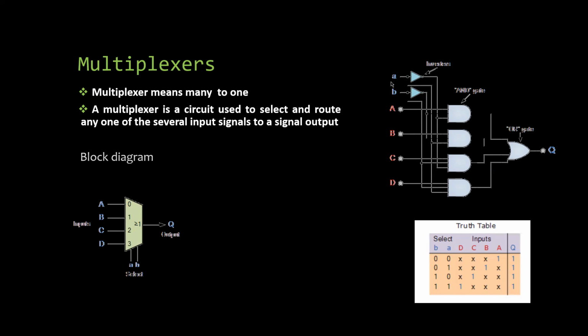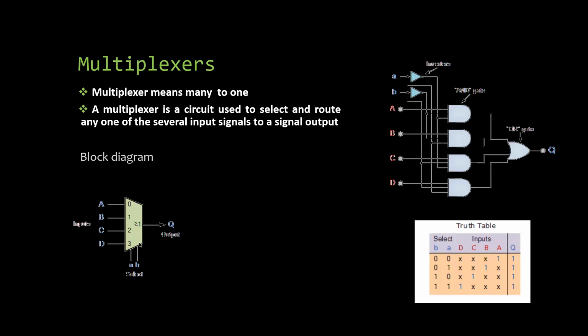And here, small a and small b are called selectors. Also, this A, B, C and capital D are called the main inputs, and Q is the main output here. So to design a multiplexer by using the Logisim software, we need 4 AND gates, 1 OR gate and 2 inverters. Inverters in the sense we can use a NOT gate or a NAND gate or a NOR gate. That is up to us. But the input should be 1. The terminal should be 1.